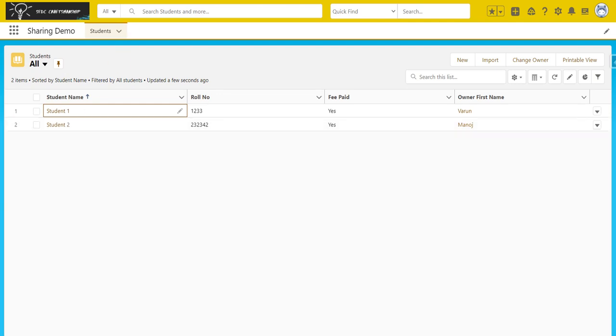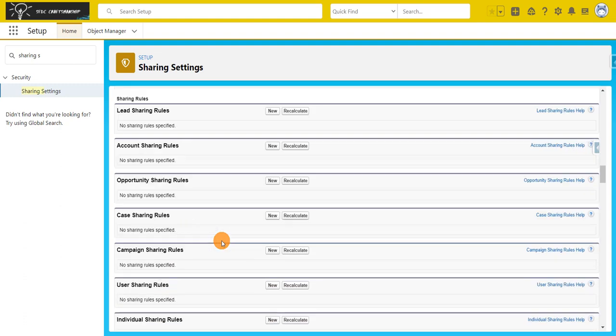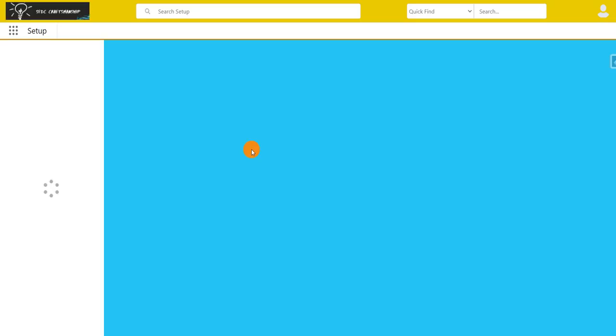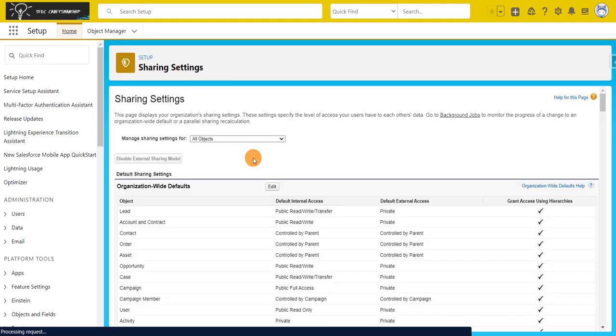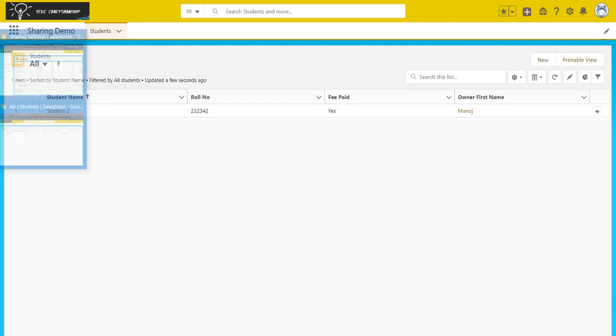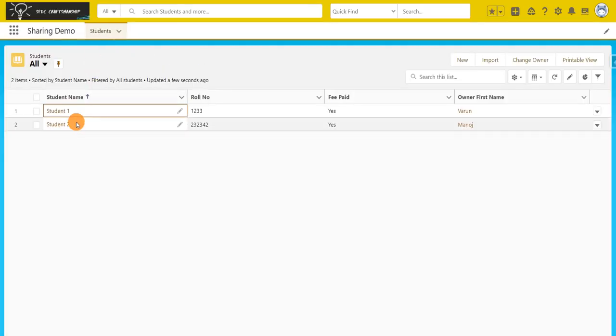The reason, even though the sharing setting for the student object is set to private, Manoj can only see his own records, whereas Varun can see Manoj's records as well.